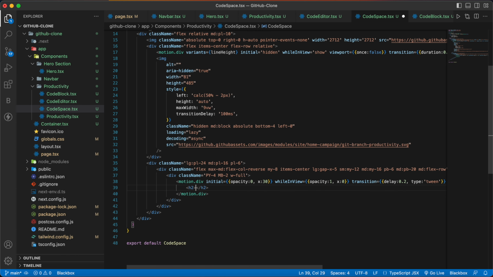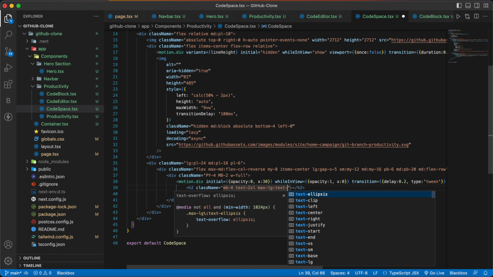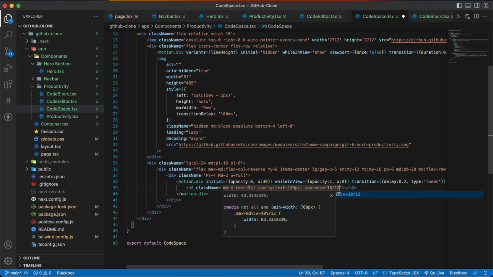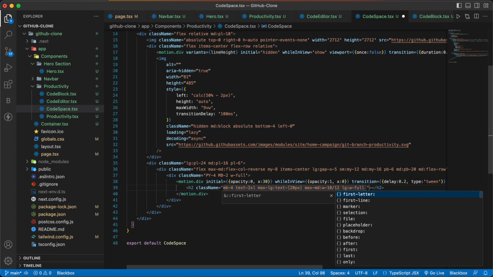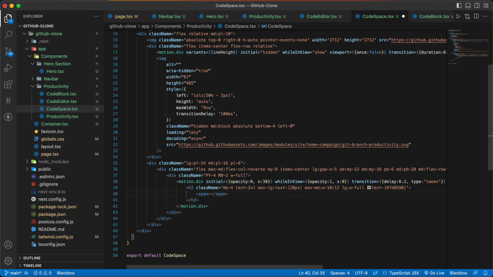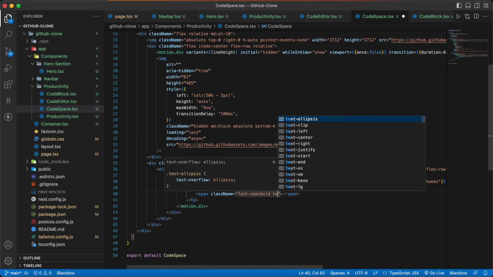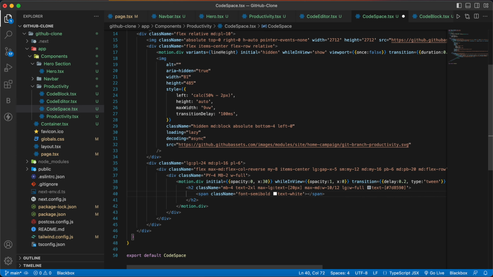Inside this motion.div we will have an h2 tag with the class name of mb4 text 2xl, max lg text 20 pixel, max md w10 by 12, lg w full, text color, and inside h2 we are going to have a span with the class name of p by 1, with the class name of font semi bold, text white, and then inside that we are going to write GitHub Codespaces,